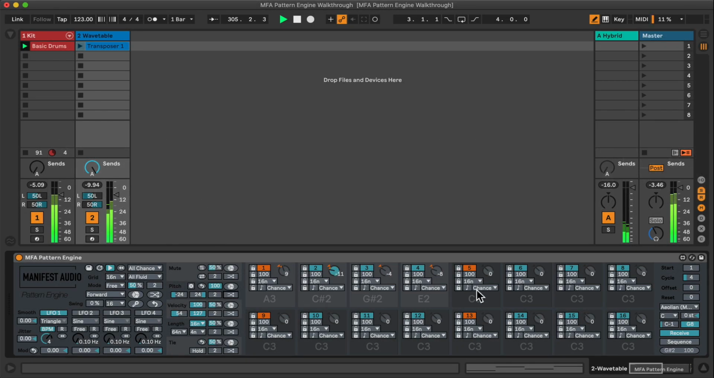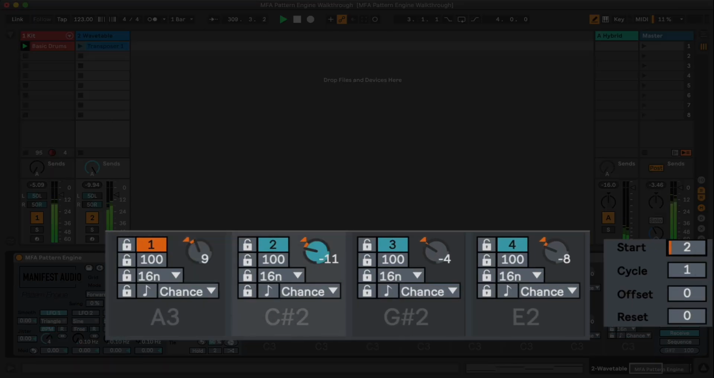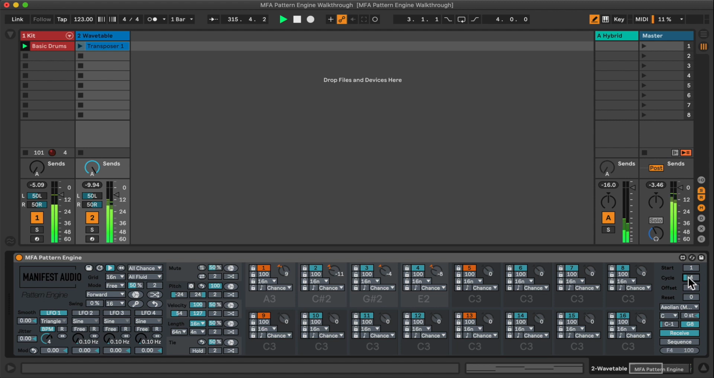Now I've got a little bank of these 4 steps. So I'm going to set the cycle to 1. And now I can move through the steps. Now, that's not so fun, but it's an interesting little use case. So now I've got 4 steps,